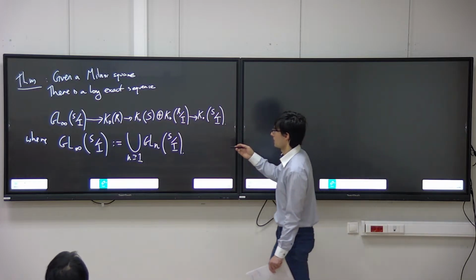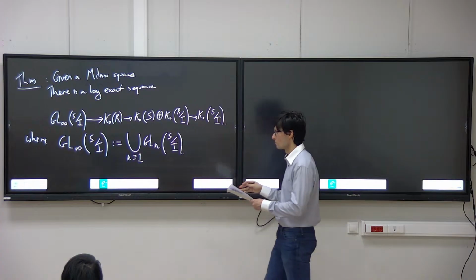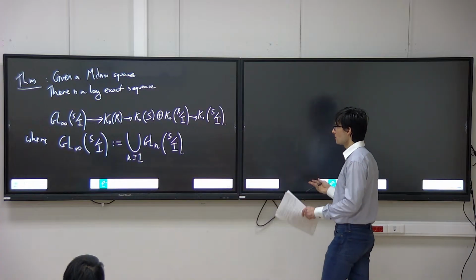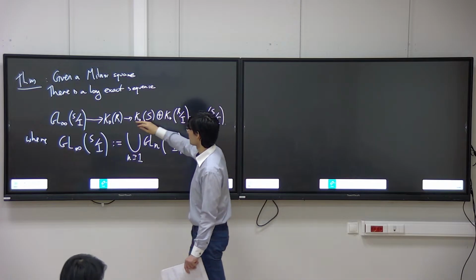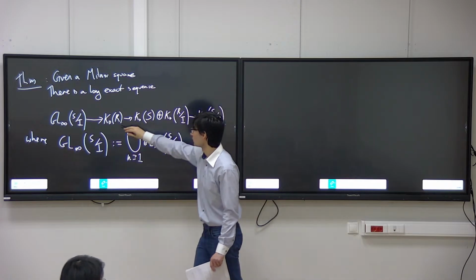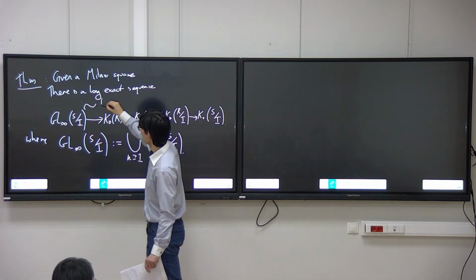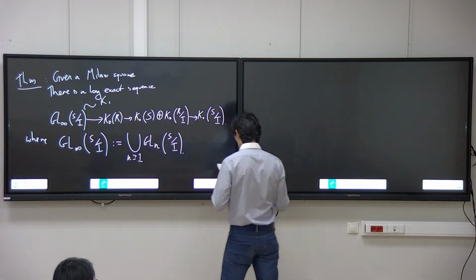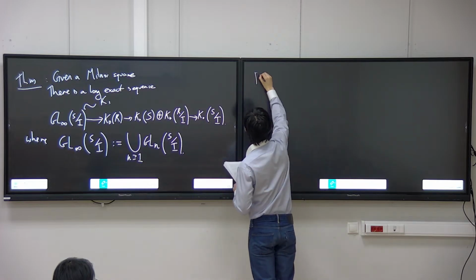So the hint here is that K theory should be some kind of homology theory, so there should be some long exact sequence coming from the descent datum of a Milnor square, which starts here. So K1 should be related to this somehow. And the precise definition that people came up with is the following. So definition,